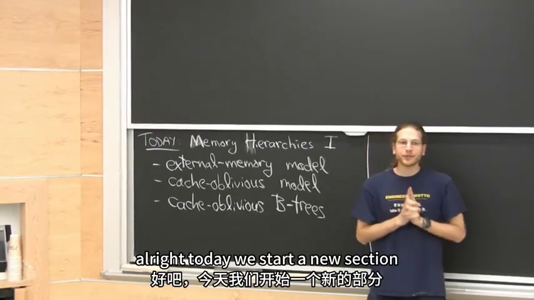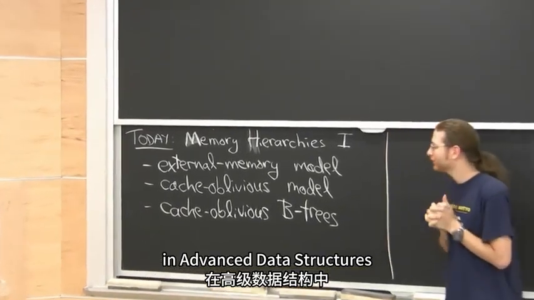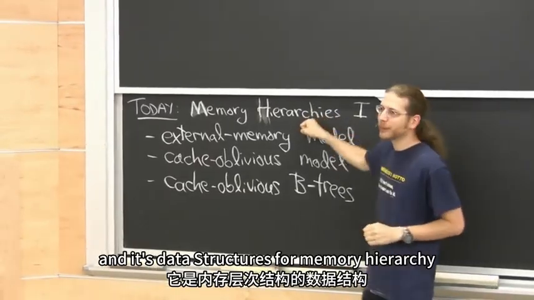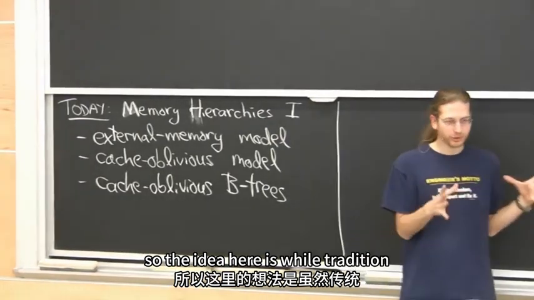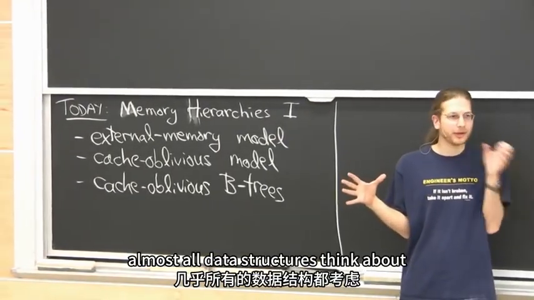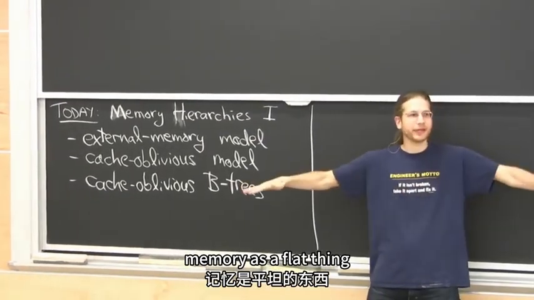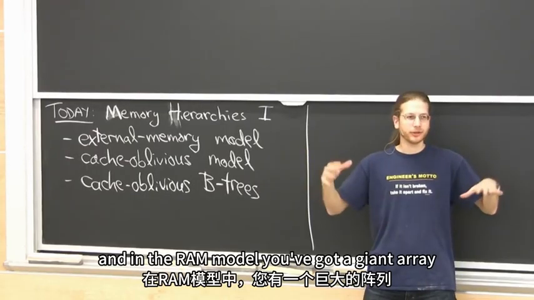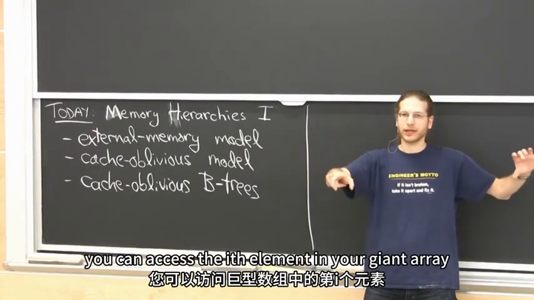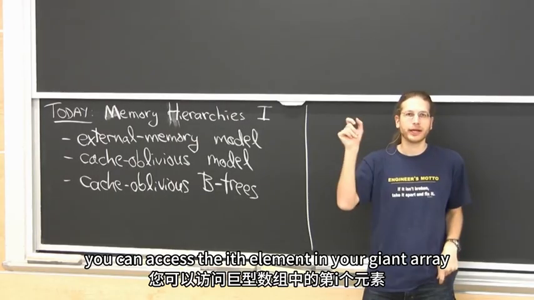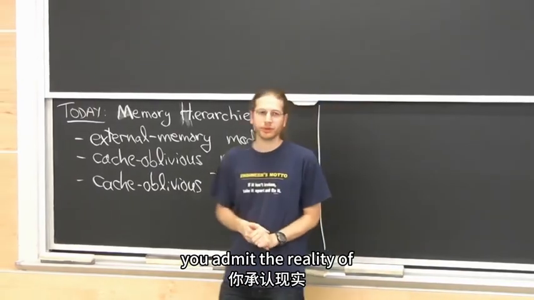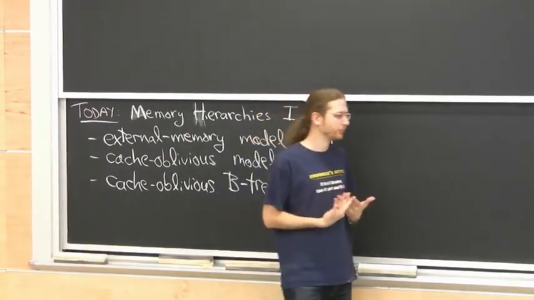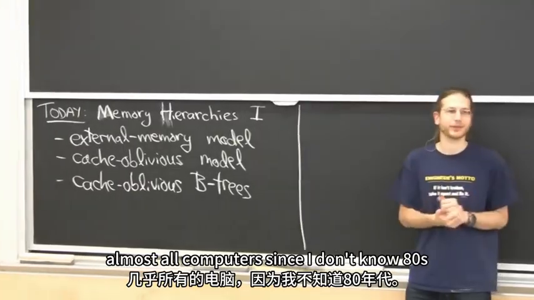All right, today we start a new section in advanced data structures, and it's data structures for memory hierarchy. So the idea here is, while almost all data structures think about memory as a flat thing, and in the RAM model, you've got a giant array. You can access the ith element in your giant array in constant time. The memory hierarchy, you admit the reality of almost all computers since the 80s,